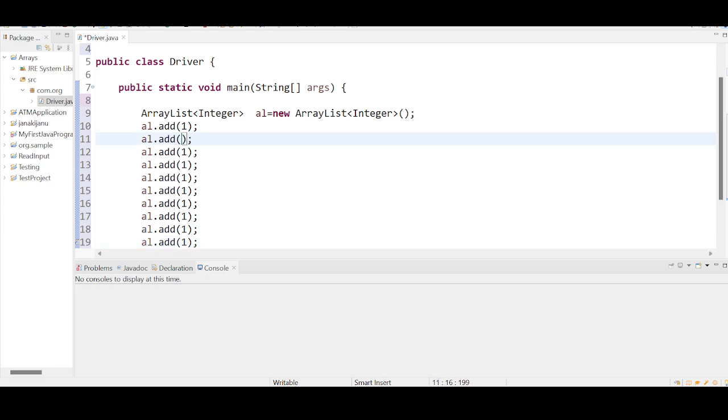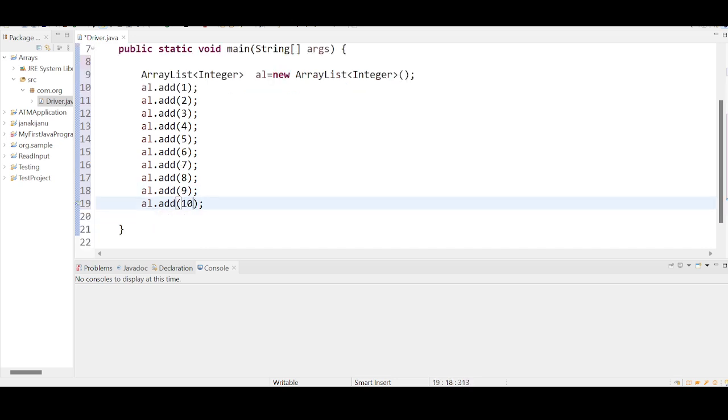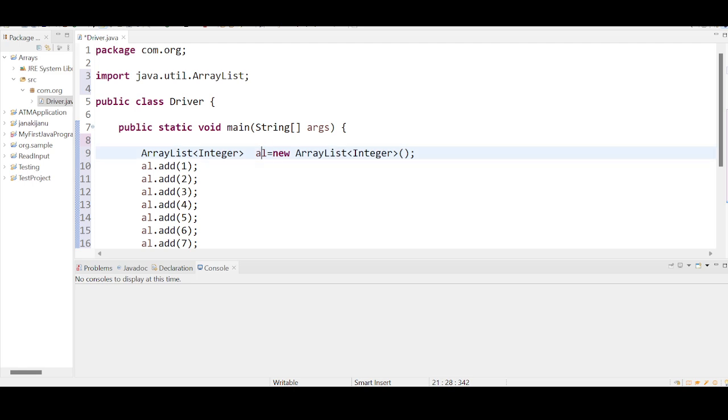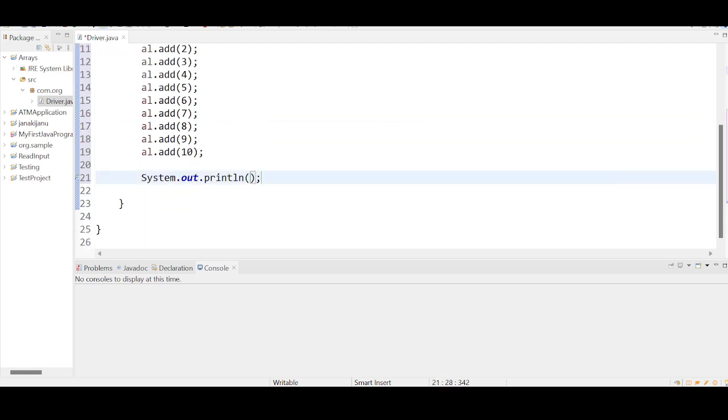Let me change this to 3, 4, 5, 6, 7, 8, 9, and okay, after adding all the values,